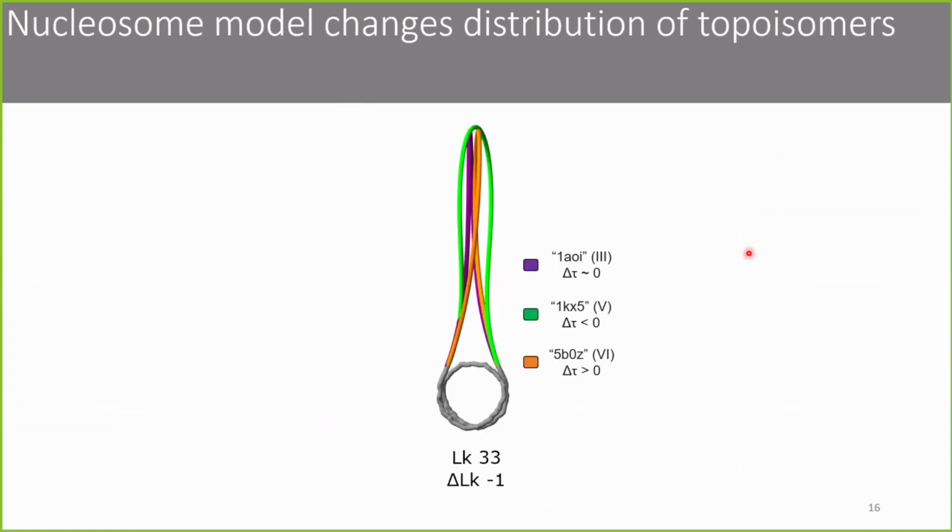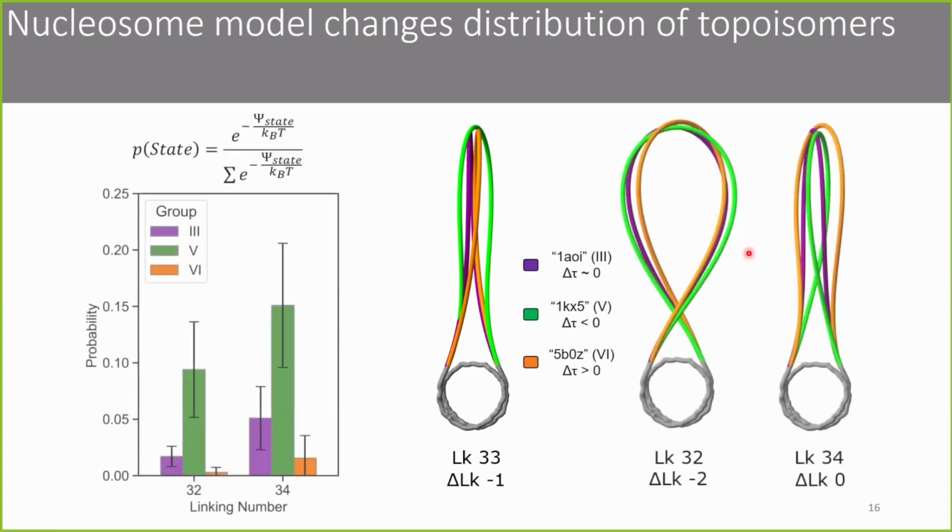We can see example models from groups 3, 5, and 6 listed here on this -1 topoisomer state, with a mix of open to slightly closed configurations. The closed loops have a strand crossing closer to the loop apex and an indicator that the turning angle is closer to 90 degrees. Any state that is the lowest energy among the collection of topoisomers will have a higher